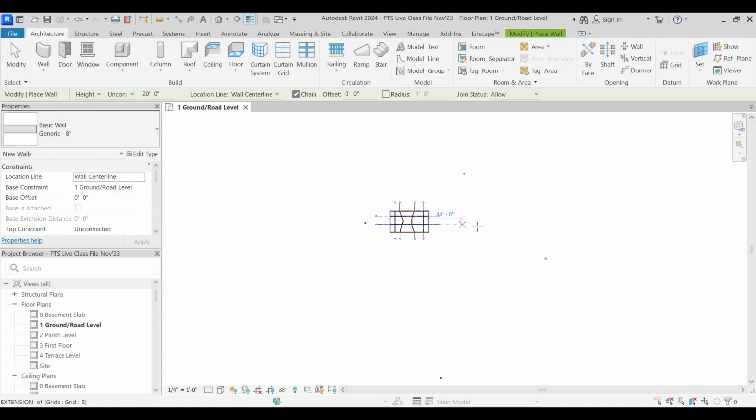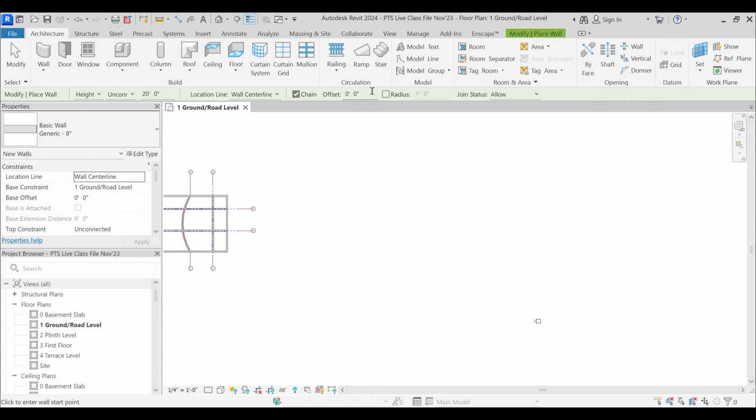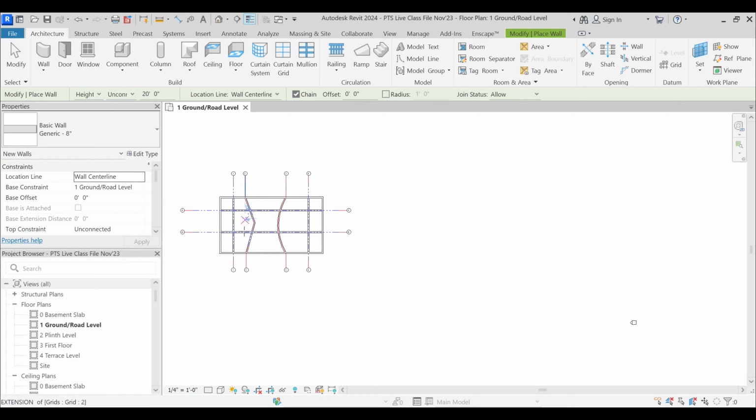So for this 8-inch generic wall, which is selected by default when you click the wall command, first, on this ribbon, these parameters get highlighted. These are called instance parameters. Yesterday, when I was showing you levels and grids, I told you that whatever pops up, the parameters and properties which you can edit instantly for any element, 2D or 3D, are called instance parameters. So as soon as you click the wall command, WA, these instance parameters pop up. Let's try to understand what they are.